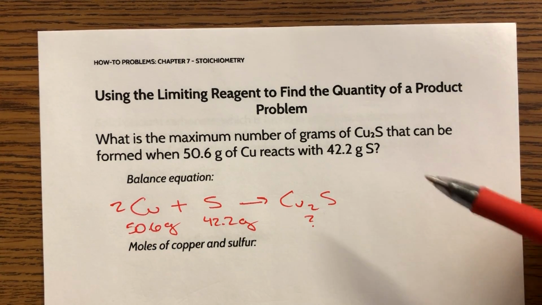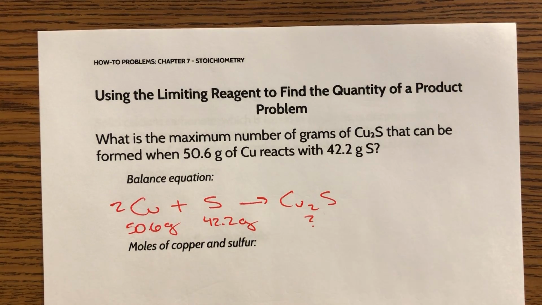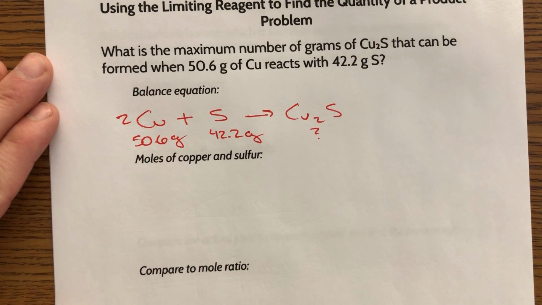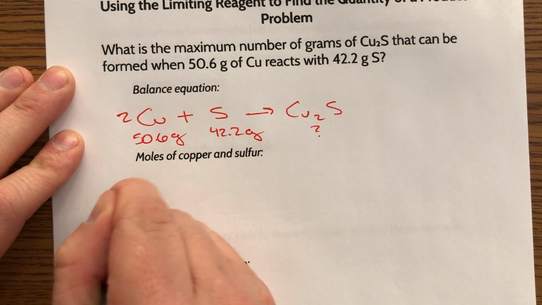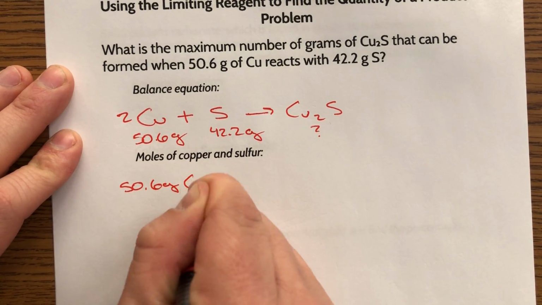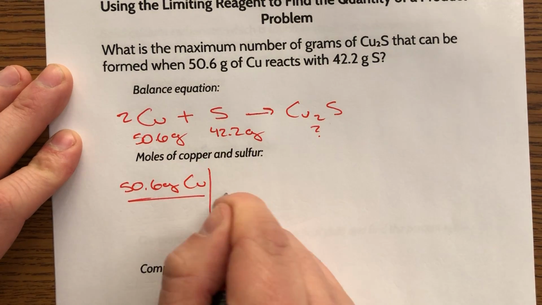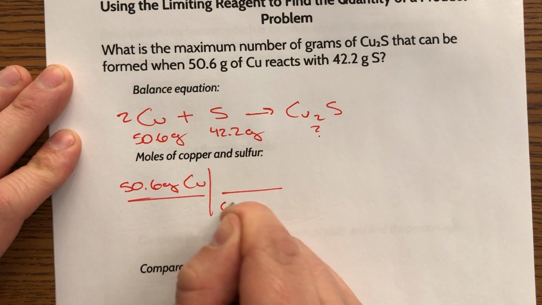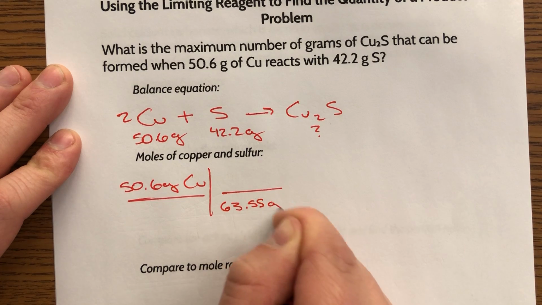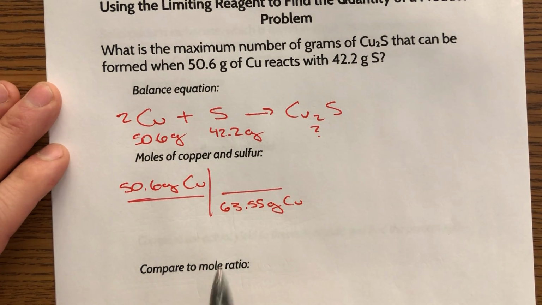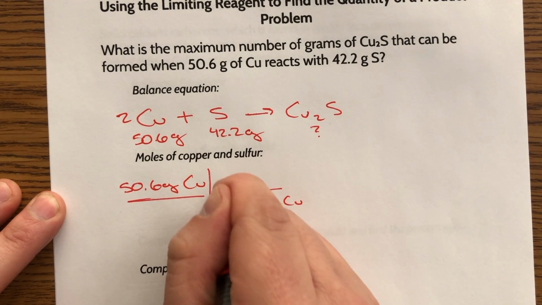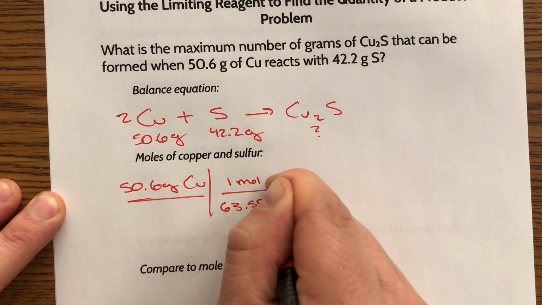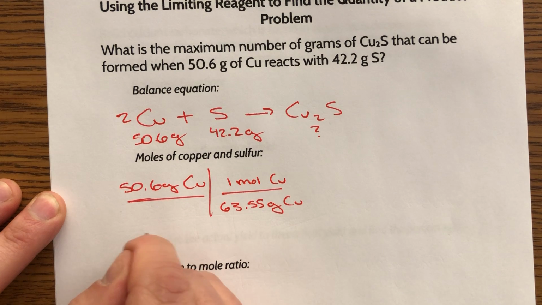All right, so the first step we need to do is convert our grams into moles. We need to calculate the limiting reagent from them. So what we're going to do is take 50.6 grams of Cu and divide it by 63.55 grams of copper. This is from the previous video, where we found the molar mass. I'm just rolling through it with you. So we have 1 mole of Cu, and the next one is